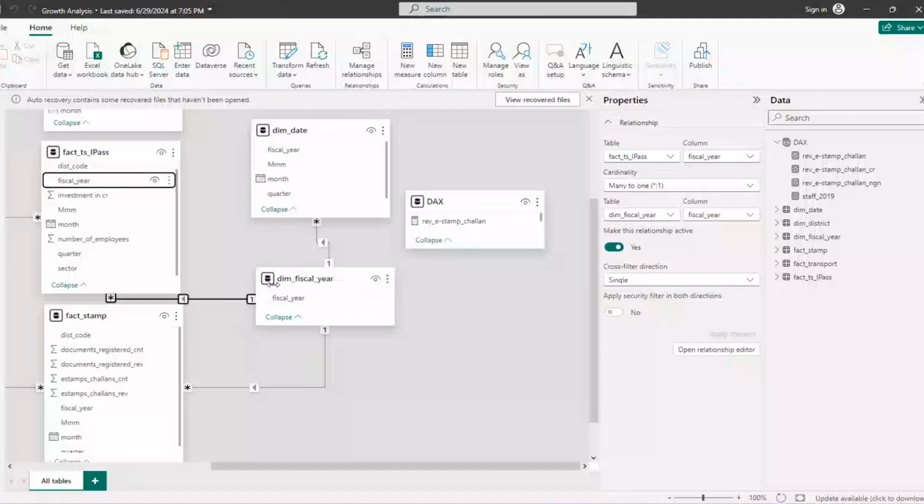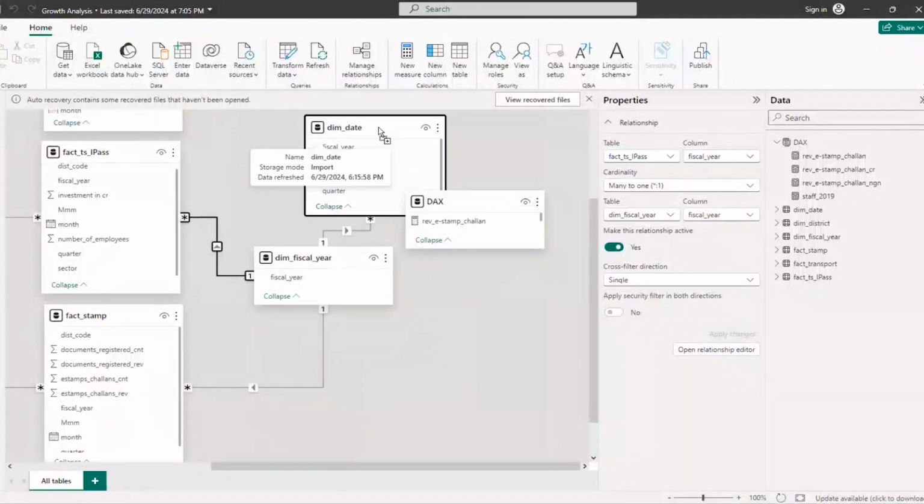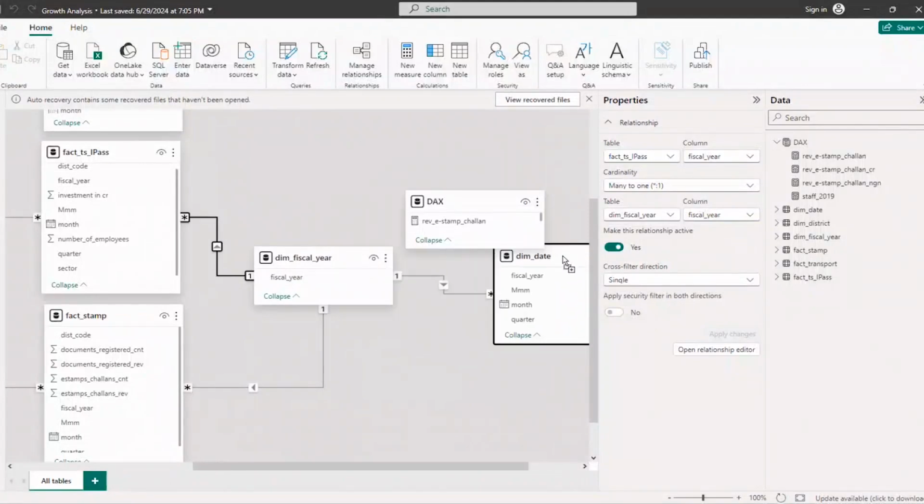Fiscal year. Are you seeing what's happening now? It is now dim date has been able to create. So now let's